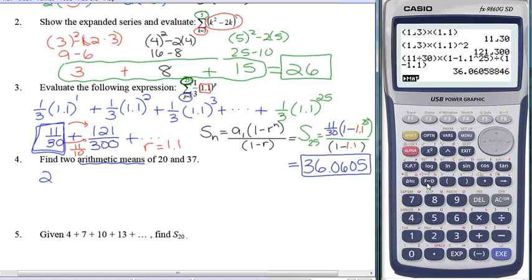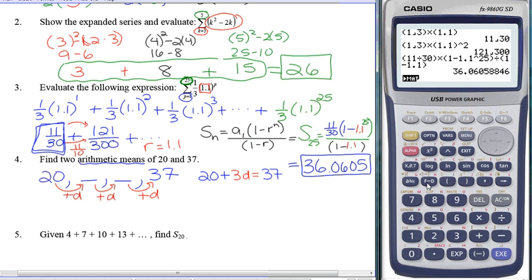All right, number 4, find 2 arithmetic means of 20 and 37. This means if I have 20, I'm going to have 2 terms in between until I get to 37. The fact that they're arithmetic means is what tells me that every time I'm going to add the same common difference to get to the next term. So what I have is 20